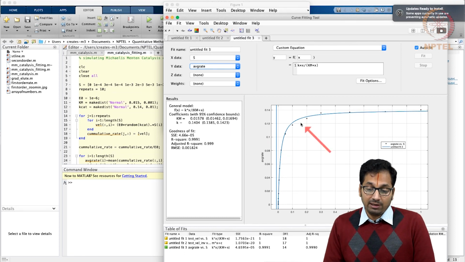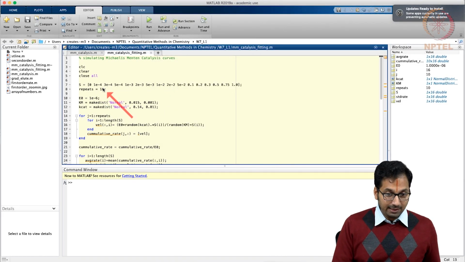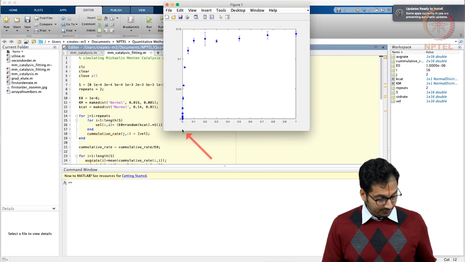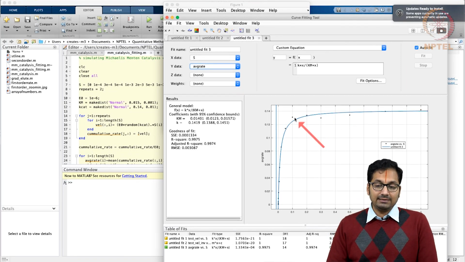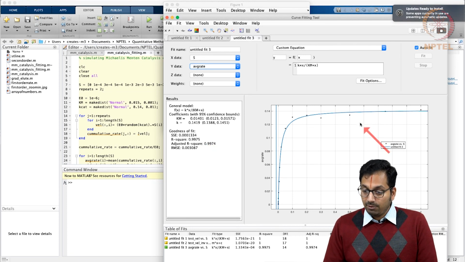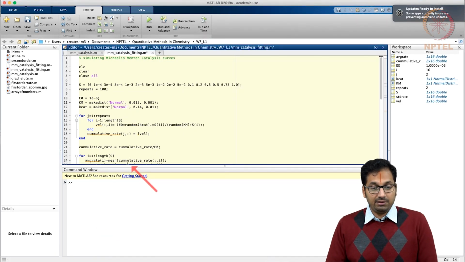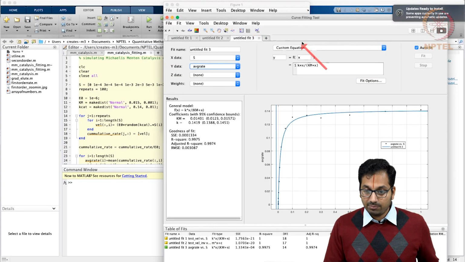One important fact to realize is that in this case the fit almost passes through every data point, and only a few data points are farther away. In order to exemplify this, why don't we repeat this again? We are repeating with two sets of repeats, and then let's get the average rate again, and you are able to realize some of the deviations that come. Even the R square might be nice and indicative of the same, but you are able to see visually how many points go farther. Now, wantedly, for the sake of understanding this better, we will simulate it so many times that the fit will also come up beautiful.